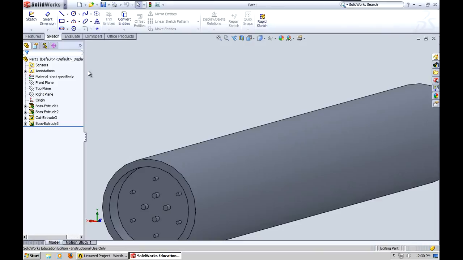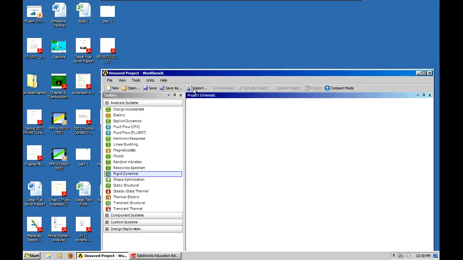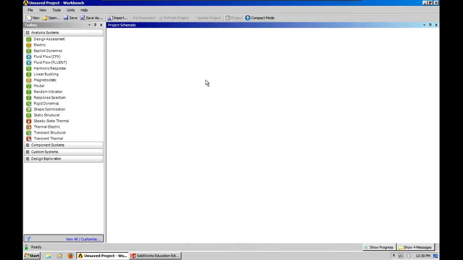Now, okay, so here we are. We can finally move on to what we want to do. And in Workbench, we're going to go ahead and open the fluid